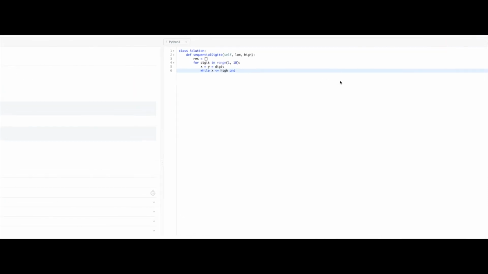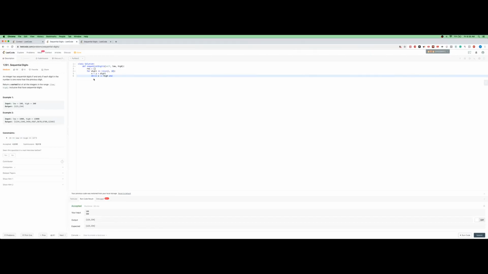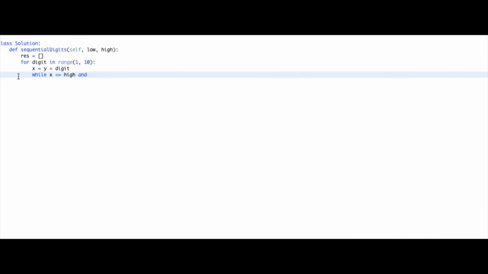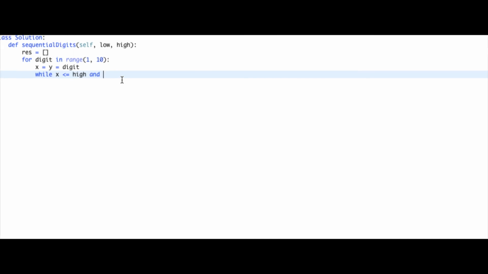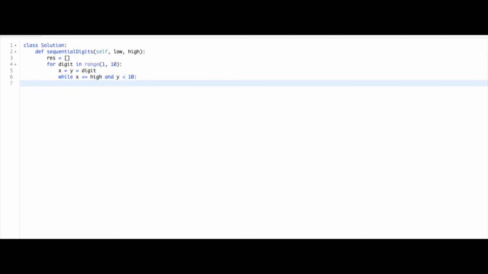And what else? And then I know that I need the next number y to be less than 10, right? If we reach 9, we don't want to go beyond that, right? Because you can't put 10, it's digits, and then I want to construct the number that I'm going to try to add,